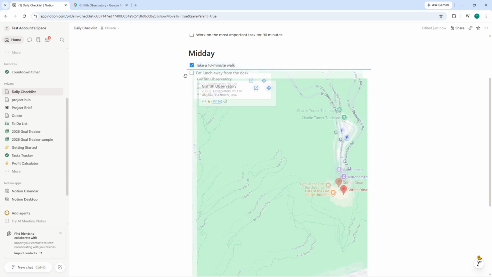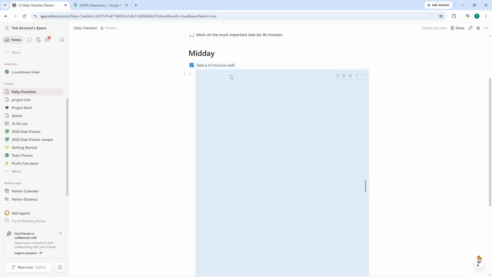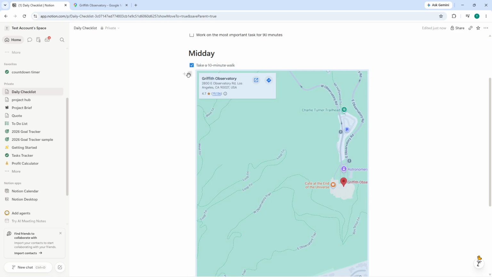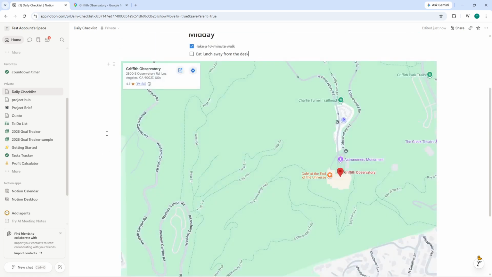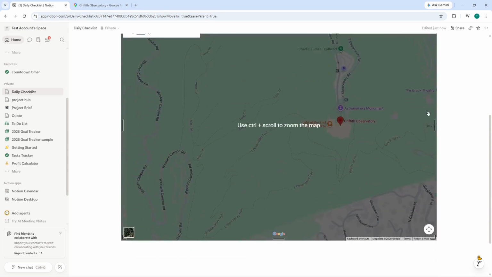One more thing that catches people later. If the map stops loading or shows a blank gray box, go back to Google Maps, click the place name to open its full details page, and copy the long URL from the address bar. That long address is more reliable for Notion than the short share link, especially if you share the Notion page